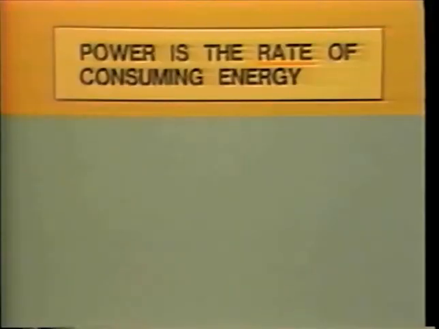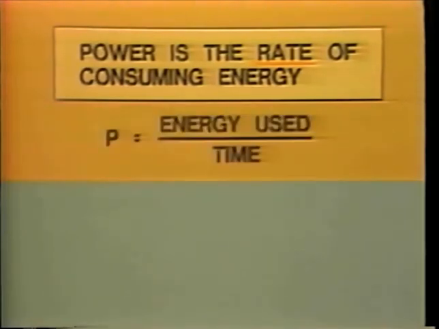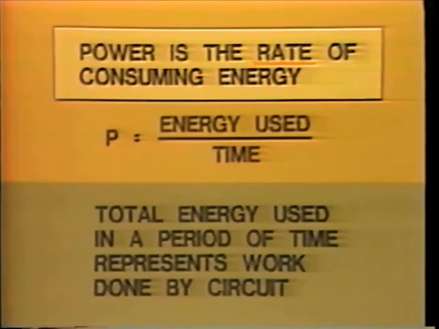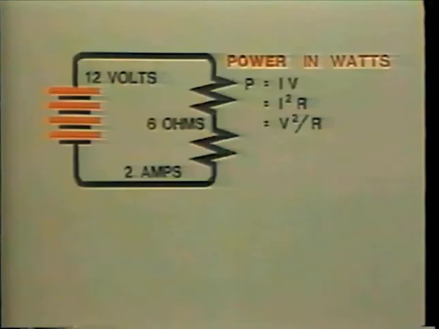Again, power is the time rate of consuming energy and is equal to energy divided by time, while the total amount of energy used over a period of time represents the actual work done by the circuit. In our example, the circuit power consumed could also have been calculated using P equals V squared over R,